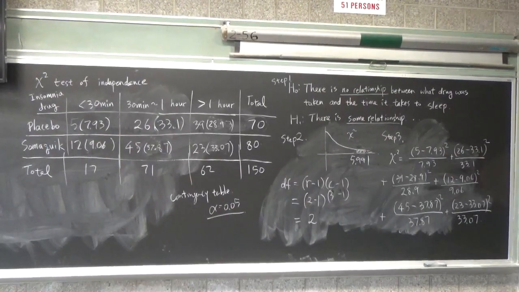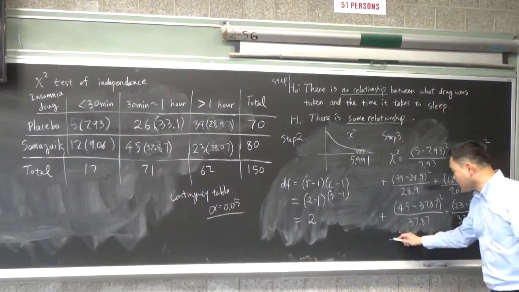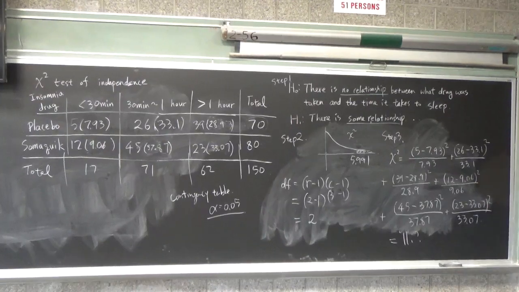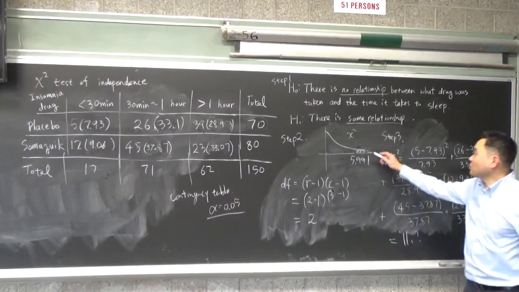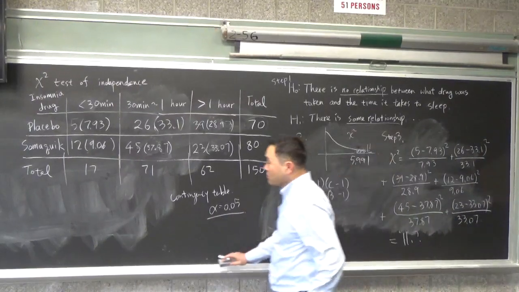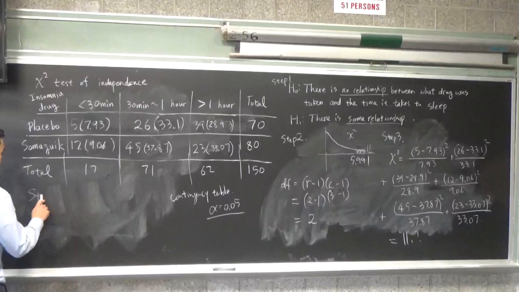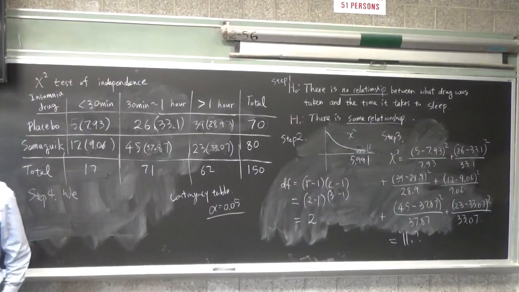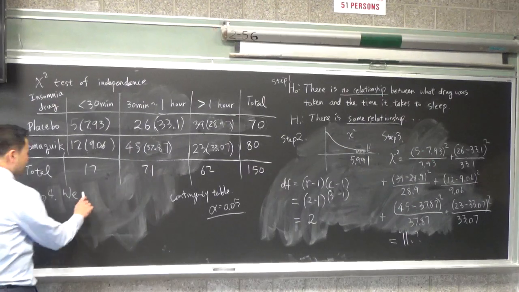I have a value here. What was it? It's 11 point something, I forgot. But anyway, if you do this computation and you get 11, what do we know? It's in the rejection region. So what's our conclusion? Step 4 is the conclusion. Do we reject or fail to reject? We reject